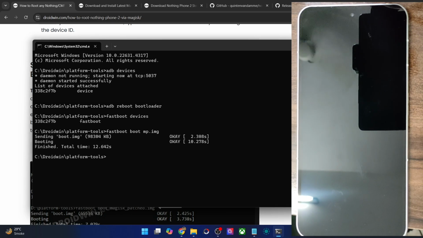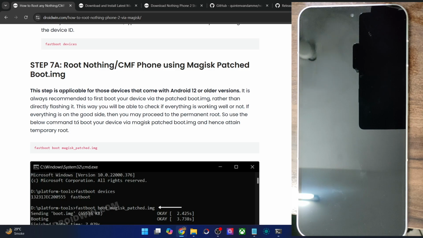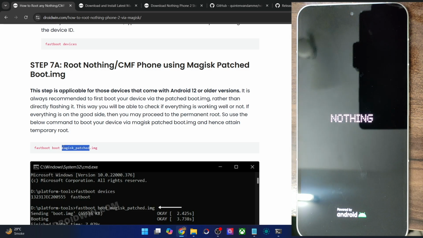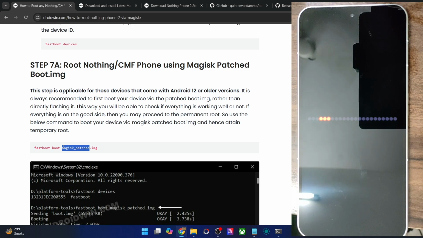So as I was saying, even though you could use the fastboot flash command to directly flash the patch file, and it is a shorter approach, it's quite risky as well, because if something is wrong with the patch file, then your phone might not boot to the OS. But in this case, if you are using the boot command and something is wrong with the patch file, then your phone will automatically undergo a secondary reboot, and the patch file will be replaced by the stock boot.img file, and your phone will then boot to the OS. So it's a fail-safe approach, and that's why it's the recommended one.